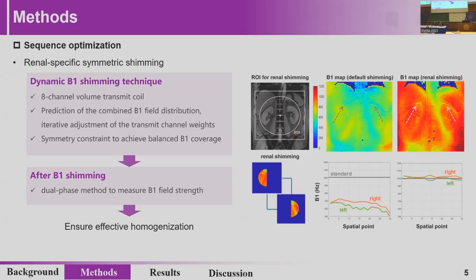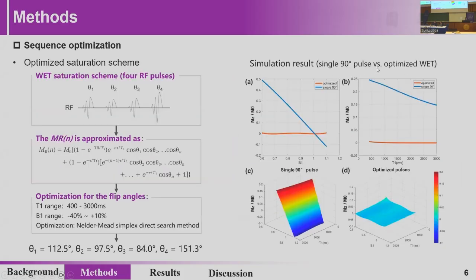In the procedure, a symmetrical constraint was incorporated to achieve balanced B1 coverage. And we measured the B1 field strength to ensure effective homogenization. For the saturation, a WET saturation scheme with 4 pulses was implemented, and the 4 flip angles were